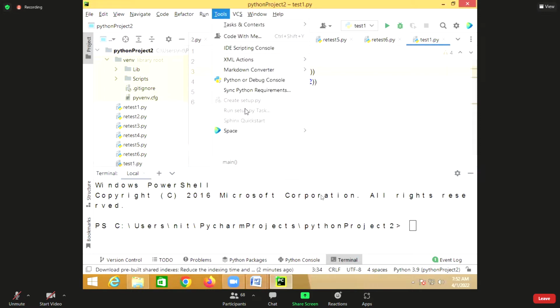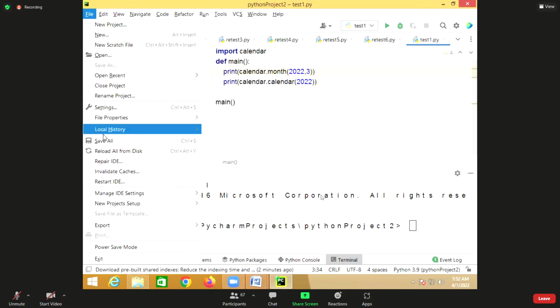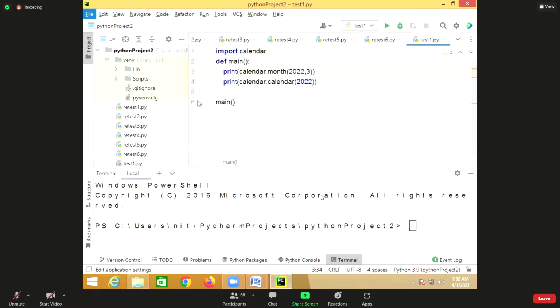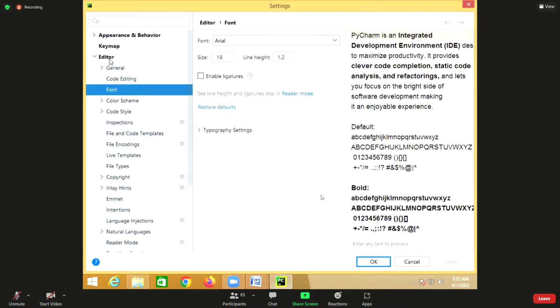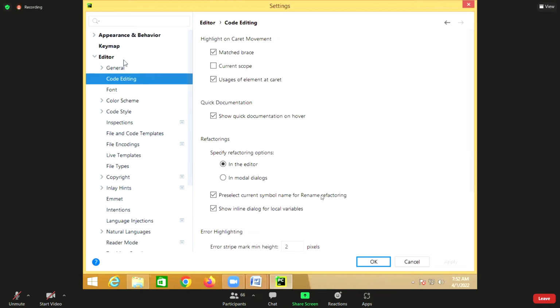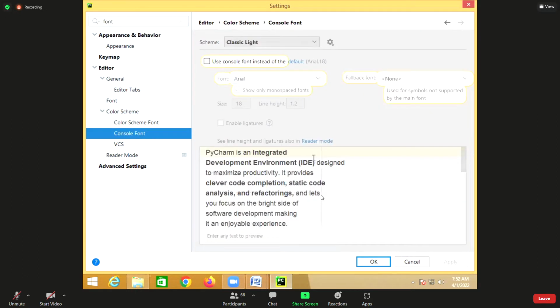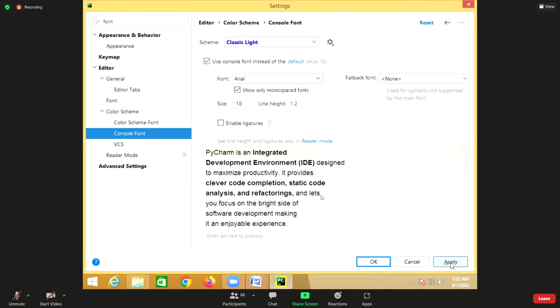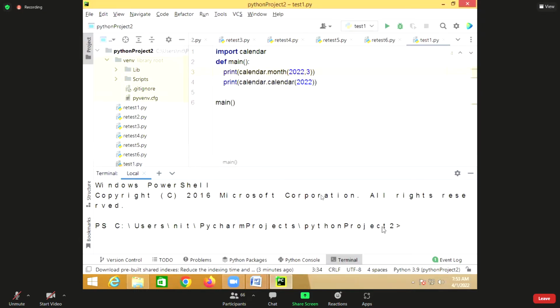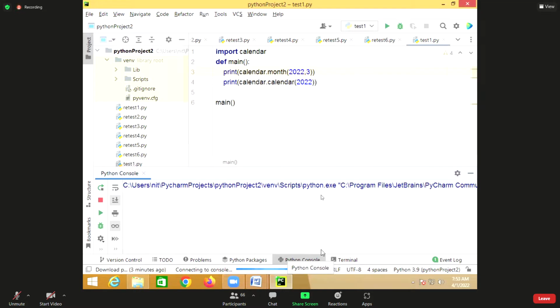Sorry, the Python console. Just open the Python console to work in interactive mode.